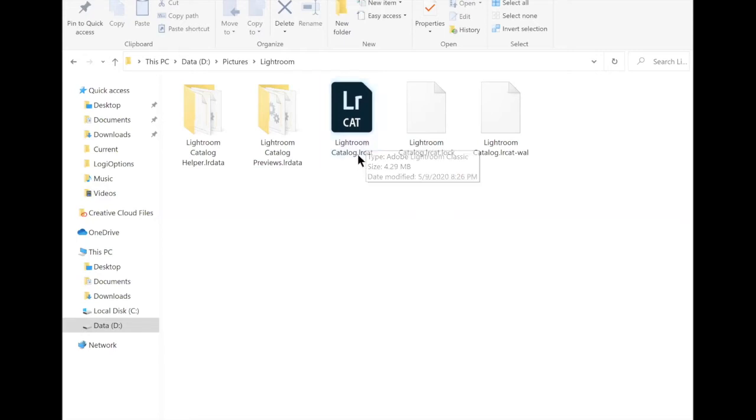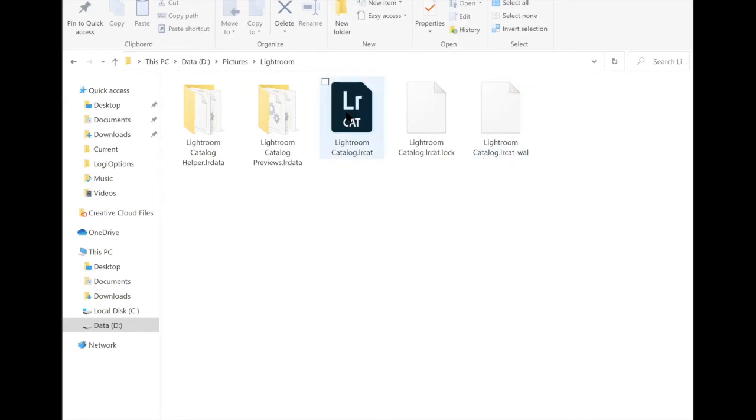Now remember, Lightroom every week or so keeps on asking you whether you want to back up. You should back up, but unfortunately what it does is it creates a folder here and backs it up. So your LRCat file as well as your backup file are both together. So they don't really work.